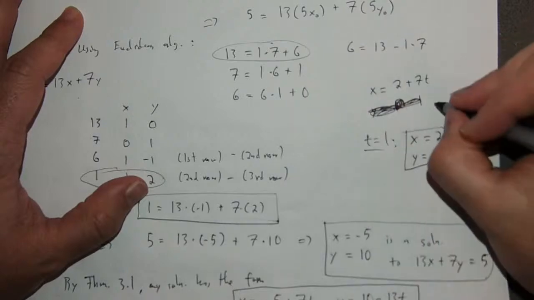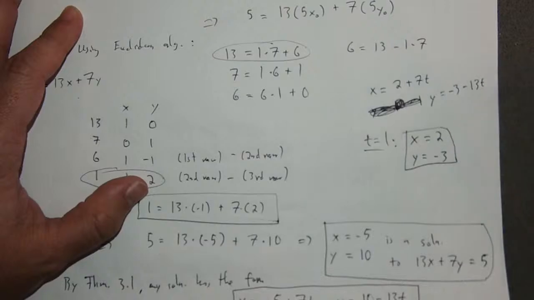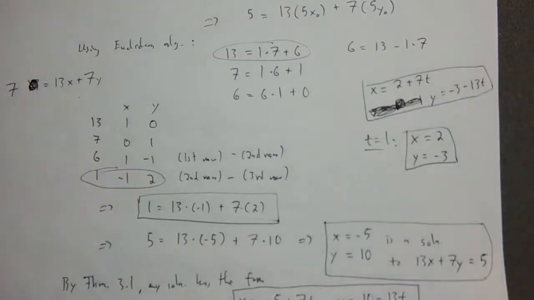So y is minus 3 minus 13t. Okay, so here's just following the theorem and its corollary. This is what any form the solution should take. So there might be a little bit of confusion here because